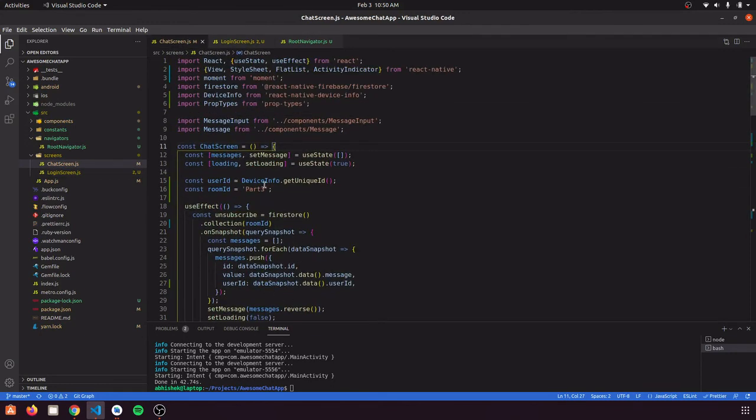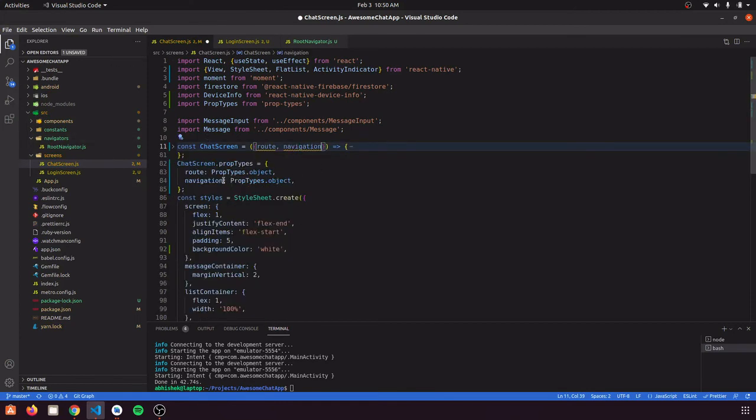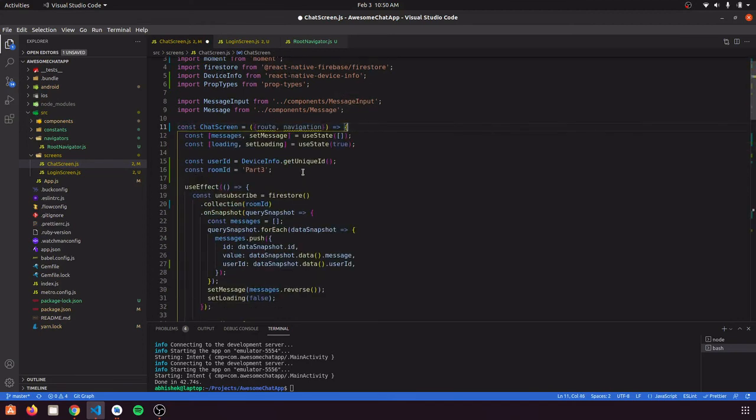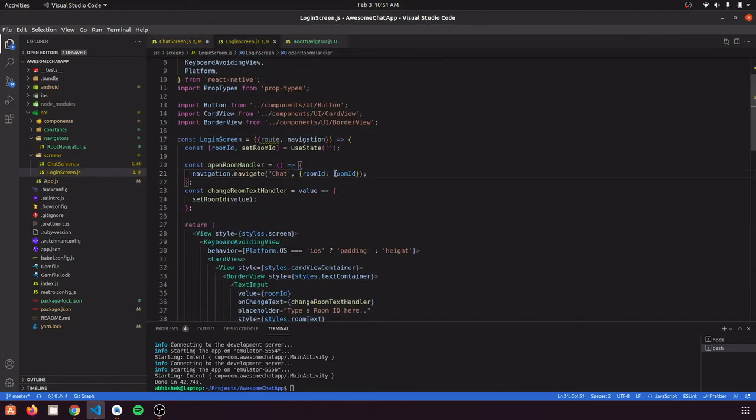So if we go here, then for our room ID, we have just defined part 3. So we have not defined route and navigation here. So let's just define that also, route comma navigation, and we need to define its prop type also. So we have already defined that. So now we have route and navigation, and we need to extract our props that we have passed from this login screen.